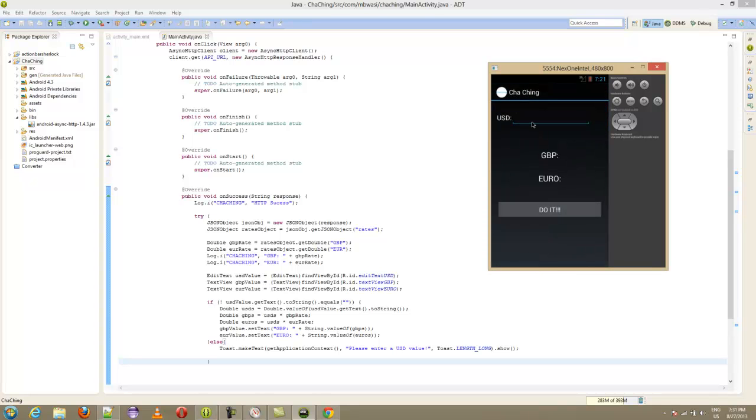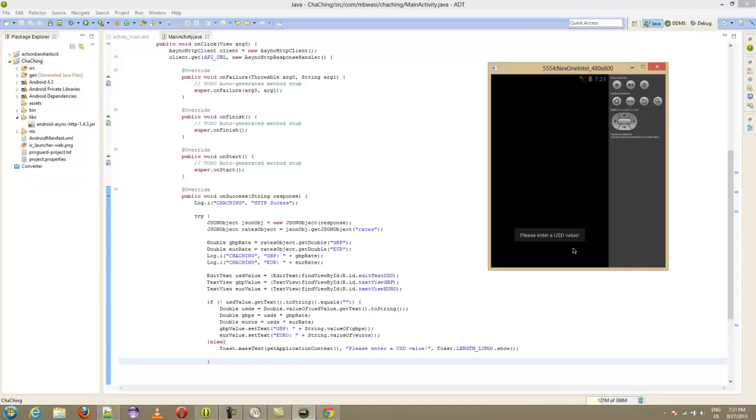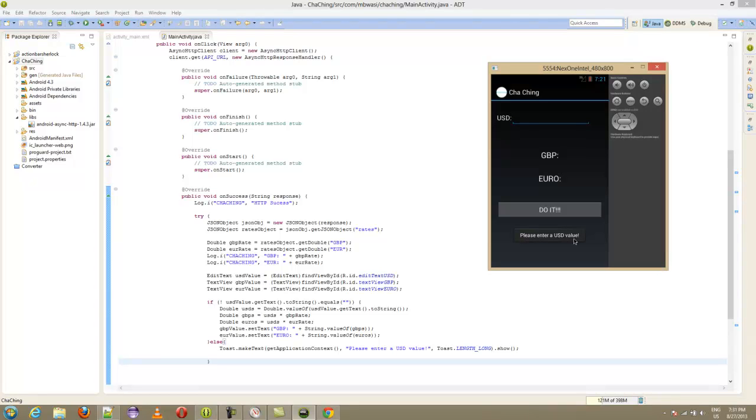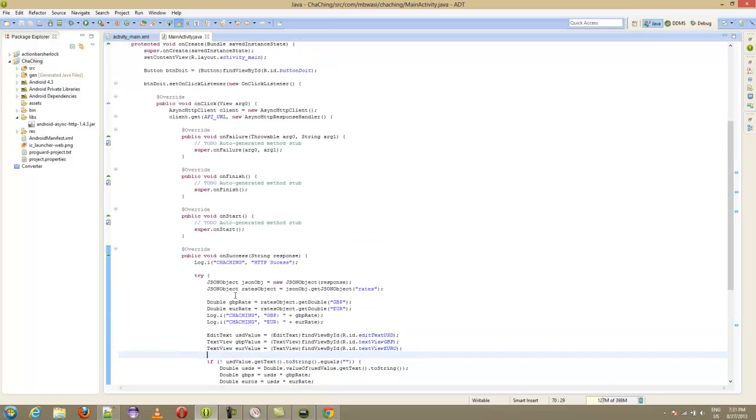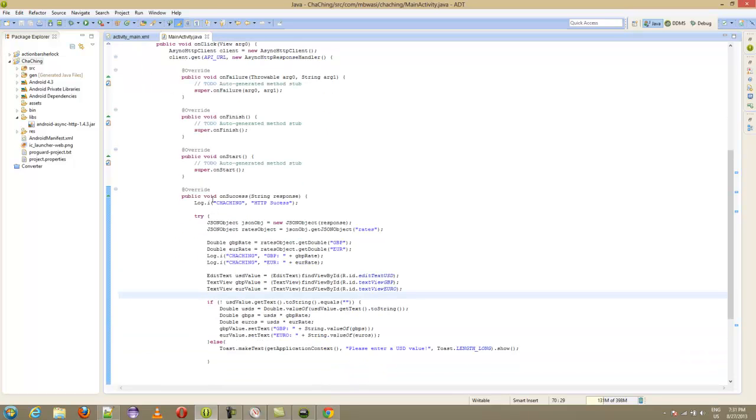Right, no crash so far. Let's try that. Do it. Well, that didn't work out. Oh, sort of worked out, but a bit late. So that's an interesting thing there. So we should probably check